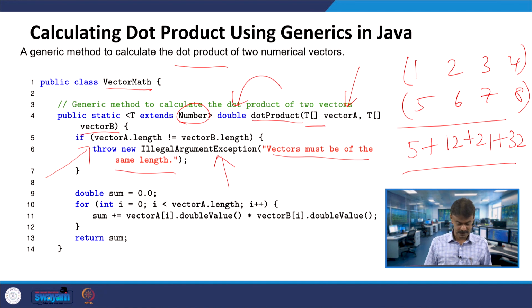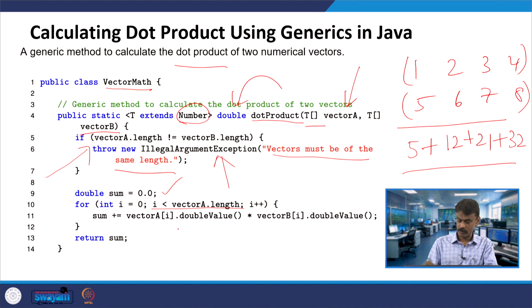Otherwise, if it is coming after if, means in the else part kind of, you do not need to put else, it is understood. That means vector A dot length is equal to vector B dot length, right. Now, sum is equal to 0.0, initially we are initializing, and for int I is equal to 0, I less than vector A dot length, any one length, now both are equal, I plus plus, right.